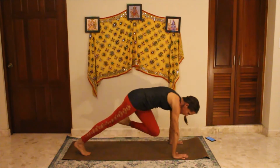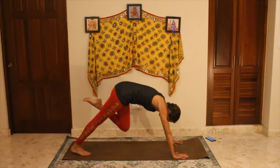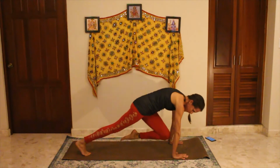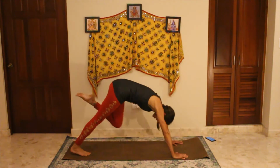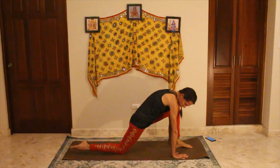Inhale. For 3. And 2. Last one, hold here, zipper down to the wrist and up. To the wrist and up. For 3. And 2. Last one, kick up, swing the left leg forward, plant it down, crescent lunge, releasing that